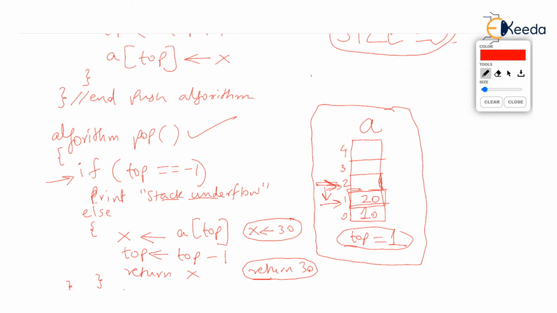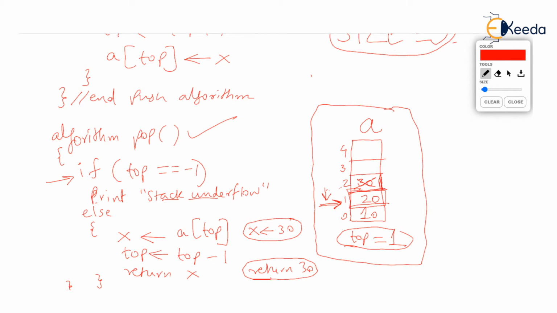So we are claiming that 30 is removed, but 30 isn't removed. 30 is still there. What is important is the top counter, which was 2, has now been reduced and top is now 1. So it is as good as logically saying 30 is removed. Physically 30 is present, but logically 30 is removed because now the topmost element of the stack is 20, isn't it?